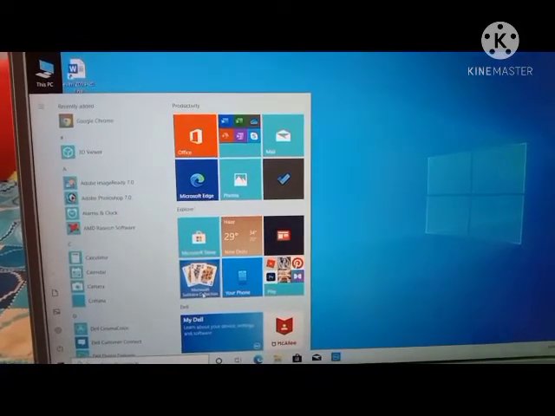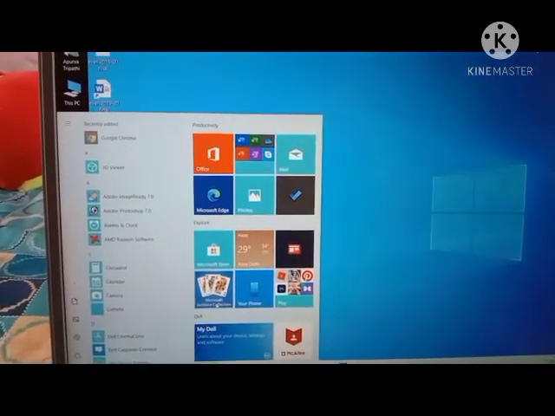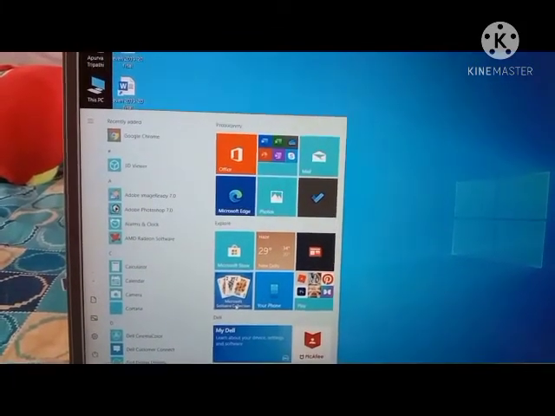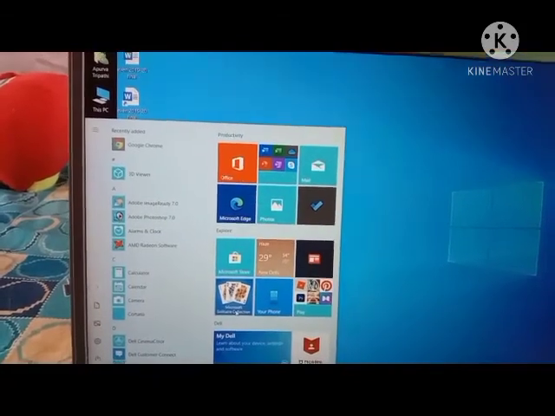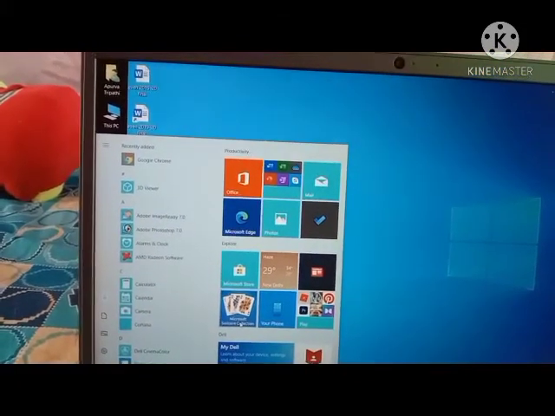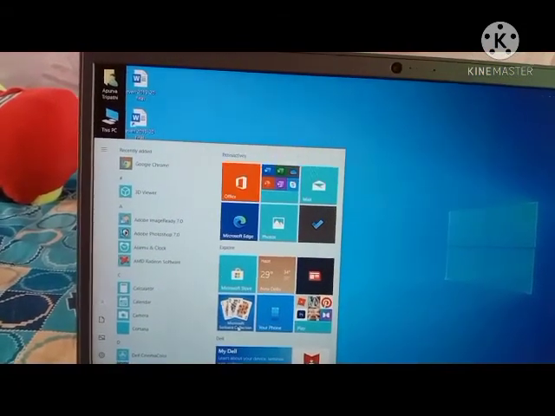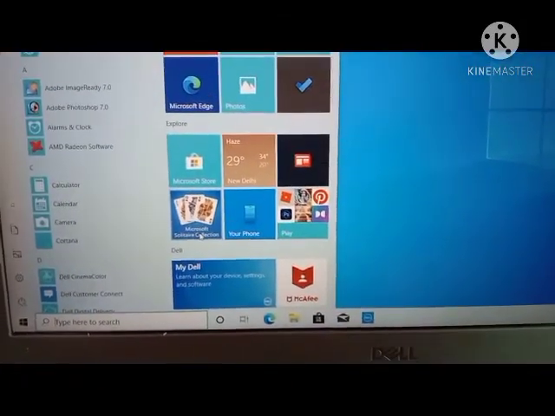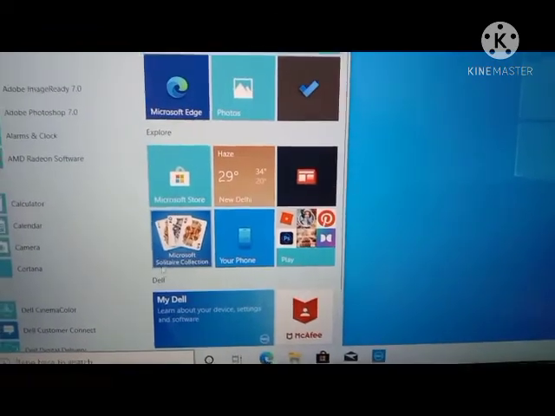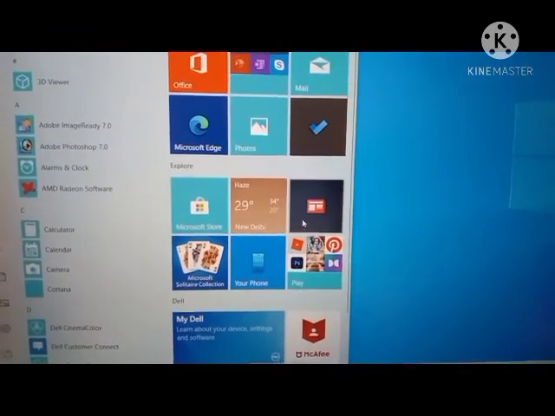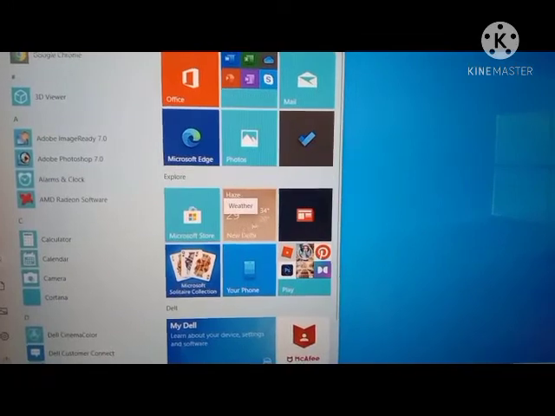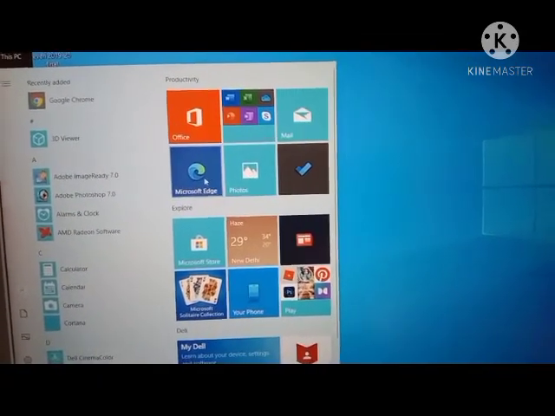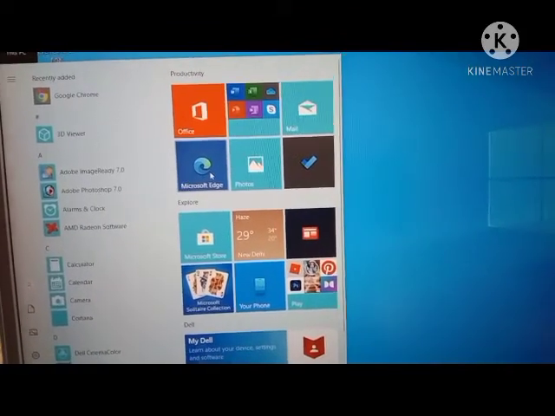Live tiles are animated icons of applications installed on your computer. They include the icons of apps like calendar, icons to show the current exchange rate, weather forecast and so on. As you can see, there is the live tile of calendar, these are a collection of photos, and this is the search browser.